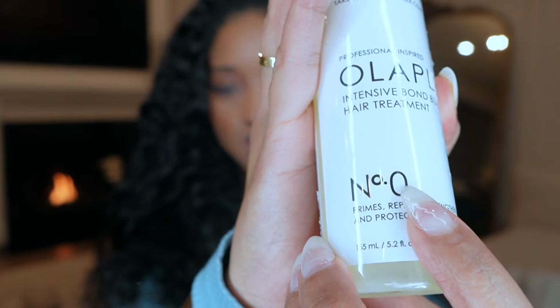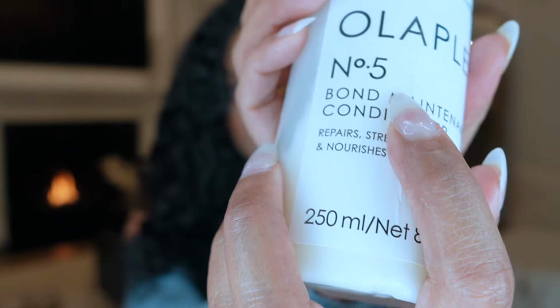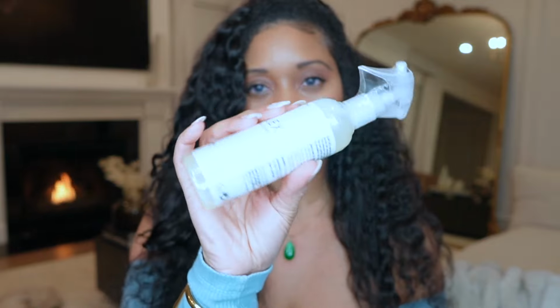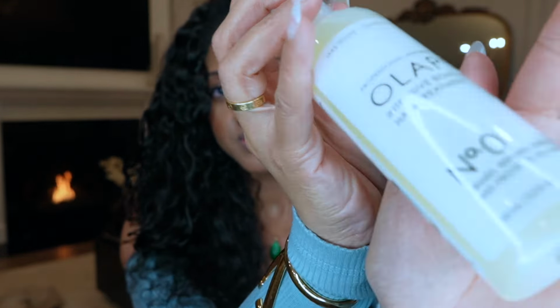Okay, so I used this system. This was the 0 I was telling you about, number 0. Then I followed up with their number 3, and then I followed up with the number 5. For the past 3 weeks, I have been skipping this step. As you can see, this is a brand new bottle. I purchased it but never used it because I stopped. I only used these 2. I don't know what's in number 3, but I didn't use it as suggested. I'm not saying to follow what I did,